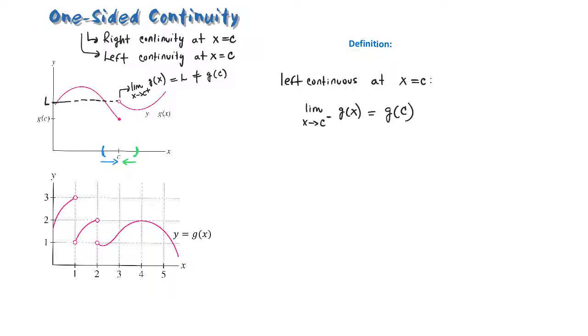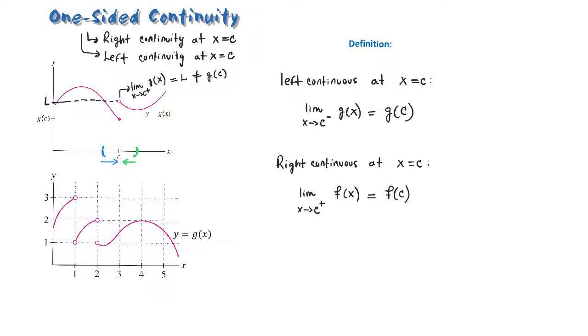So then, let's define continuity on the right. Right continuous at x equals C means that the limit as x approaches C from the right of some function, I'm going to use f of x here, should equal f of C. So practically then, these are the definitions that may be applicable to a function that is not fully continuous at